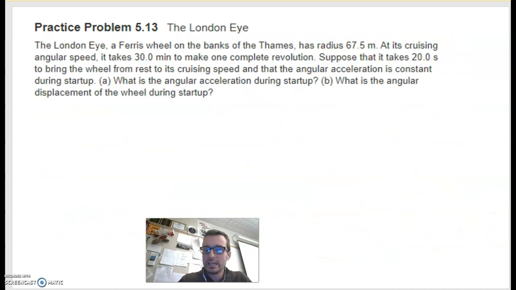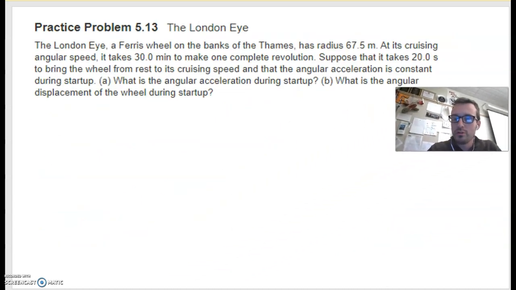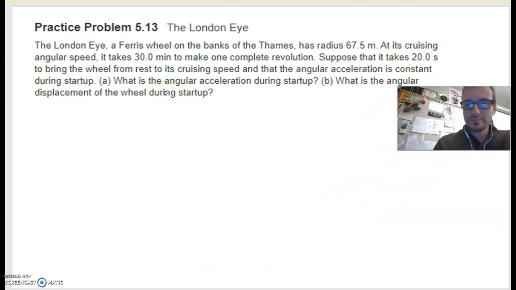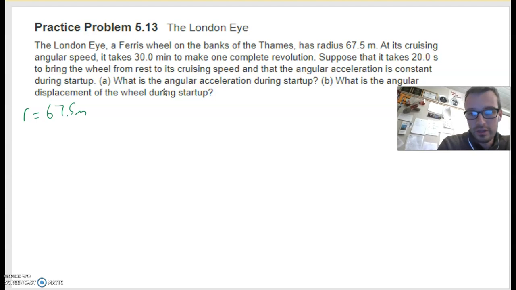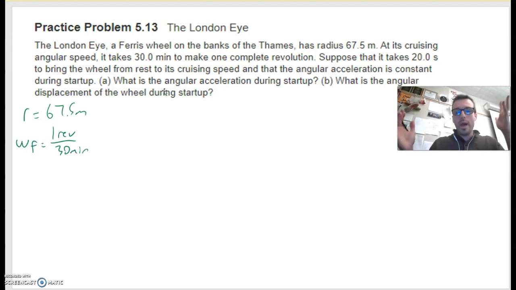Let's look at one more, the London Eye. We're going to take a trip over to the pond here. And it looks like that one has a radius of, let's see, 67.5 meters. Cool. At its cruising angular speed, it takes 30 minutes to make one complete revolution. Okay, so what does that mean? It means 1 rev per 30 minutes is our omega final. How do you know that, Mr. Simpkins? Well,